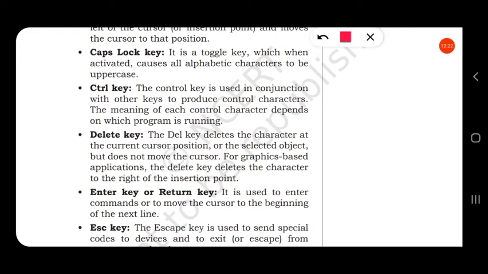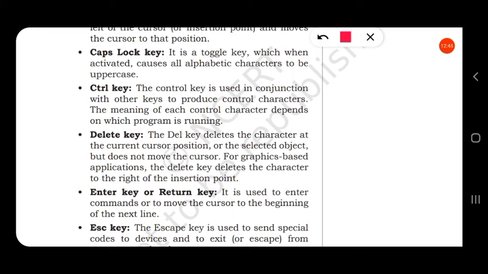The cursor will stay there itself, and all the information after the cursor will be deleted. But in case of backspace, the backspace moves the cursor and deletes the items which are before the cursor.